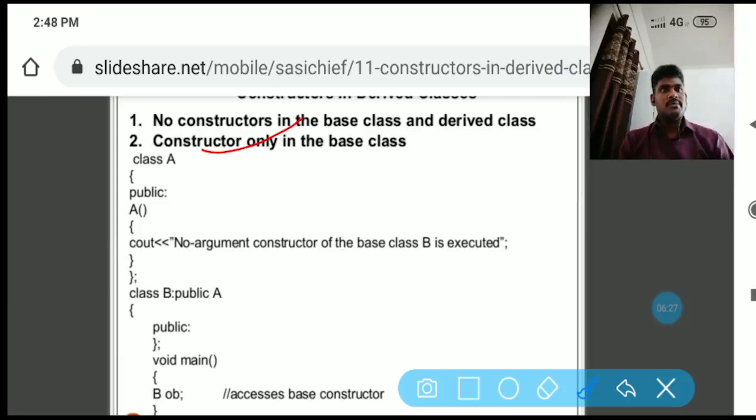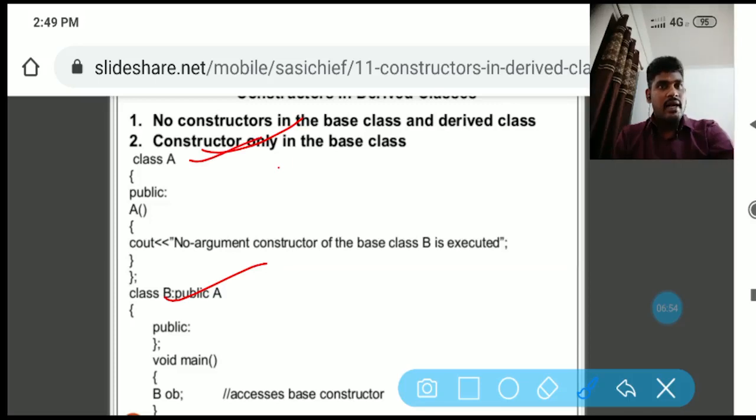We have seen many programs. Once again, to understand how to write a program using inheritance, declaring a base class and deriving a child class or subclass. Look at here. There are two classes. Class A is a base class. Class B is a derived class.